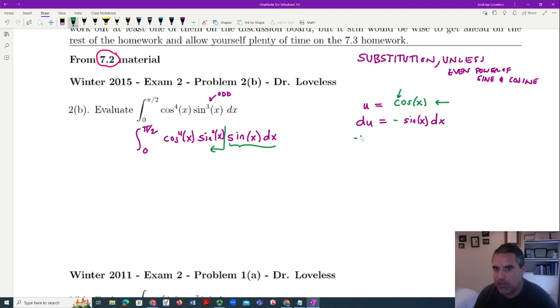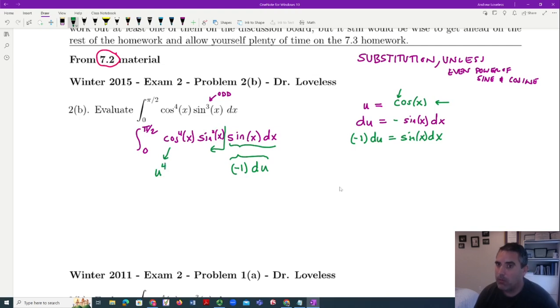I like to think of it this way. I just move the negative one to the other side. And so this is the one, you gotta be careful of signs always. That's going to become this. This is the whole idea. We dealt with that first, but then we see what the problem is. The problem is, yes, I can call this u to the fourth, but what am I going to do with the